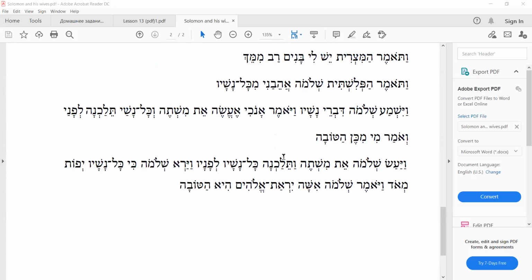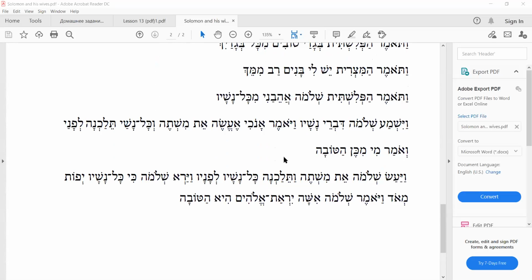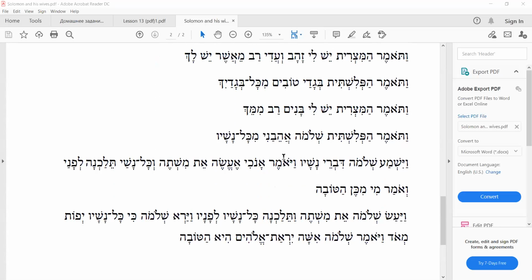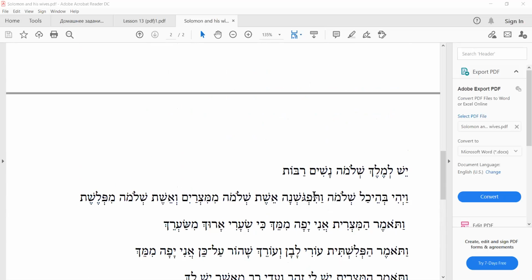Ve'omar mi-mi-chen chatva, which one? So this one, just before that one. Before Ve'omar. Yeah, that one is Shlomo divrei nashai vayomer, and he made a feast, ve'kol nashai tilachna lifnai. Yes, ve'amar. Okay. Ve'omar mi-michen chatva. Okay, thank you. Okay, so